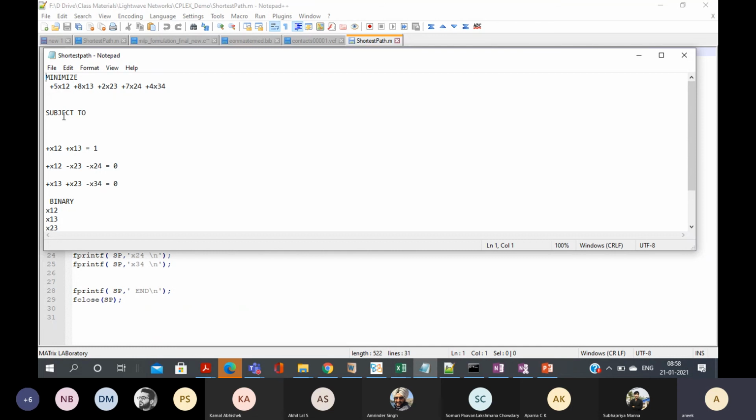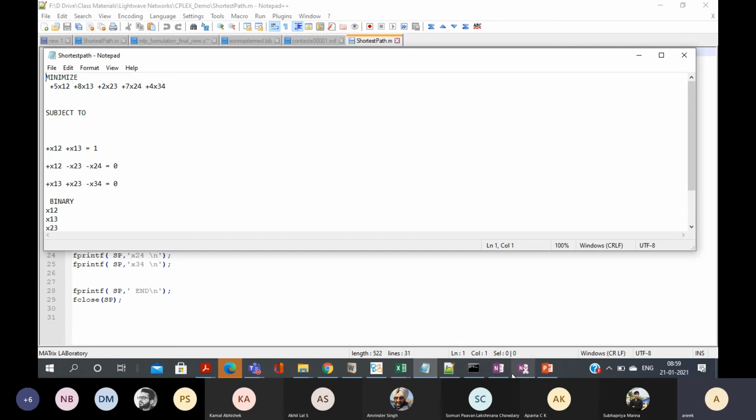So subject to. When I'm writing constraints, instead of it you have to write subject to, because this is the syntax that Simplex can understand. And then these are the constraints. As I mentioned, there were 4 constraints, but one constraint is a linear combination of the other constraints. So you can remove that constraint. So now effectively you have 3 constraints that you have to write. And these variables are binary. So this is what you want.